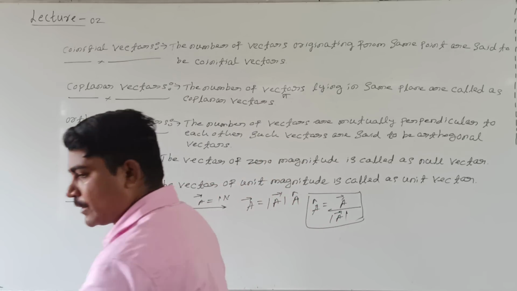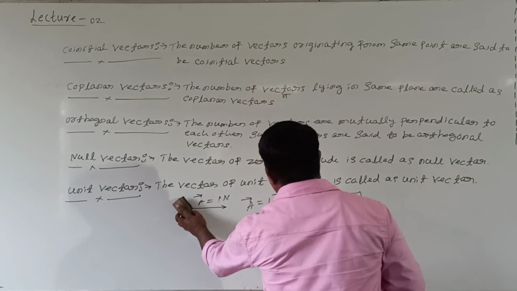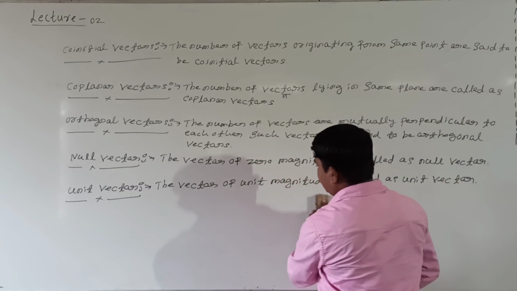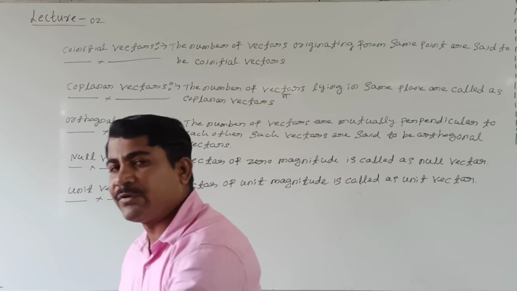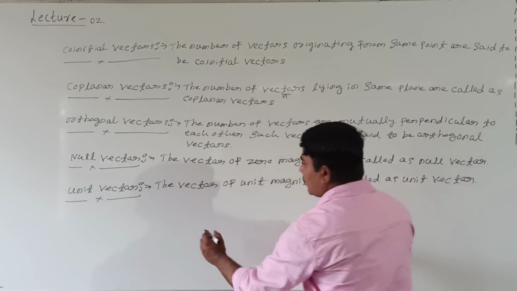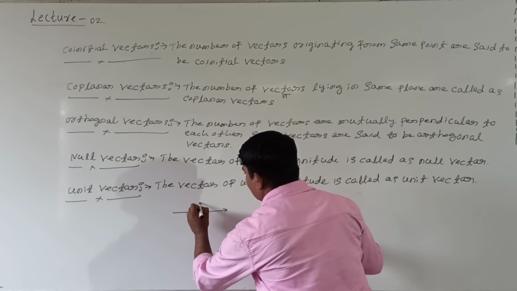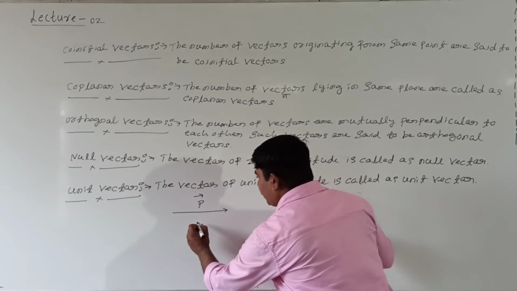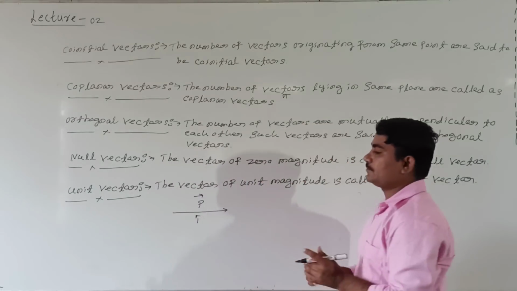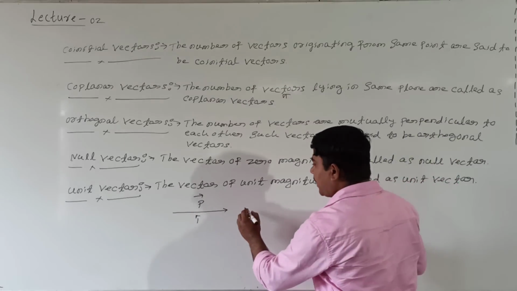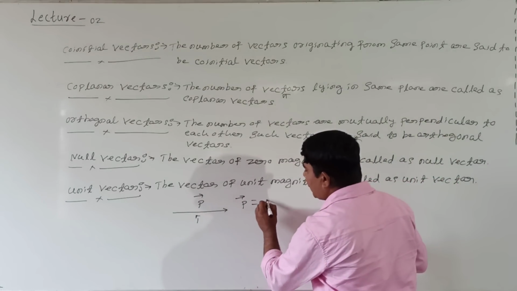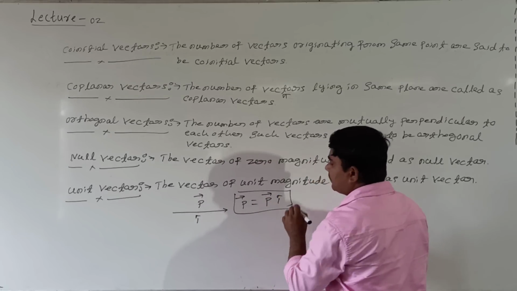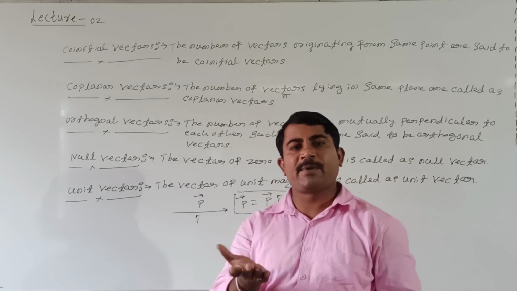Look at my students. Any vector can be represented in terms of unit vector, I say. How to represent? This is very important. Now I will take different types of vectors. This is one vector. Represent P. I will represent this vector by unit vector I cap. How to write this actually? In terms of vector component, vector P equal to A into I cap. What is I cap? Unit vector. Its value is 1.